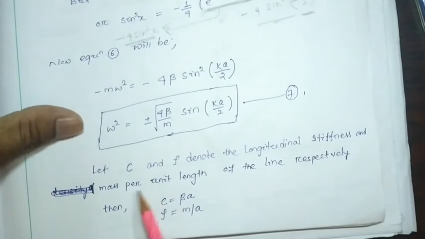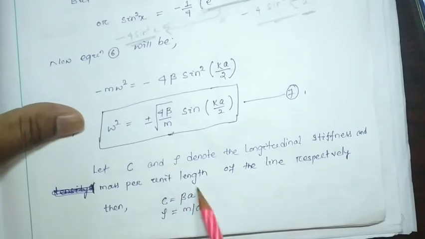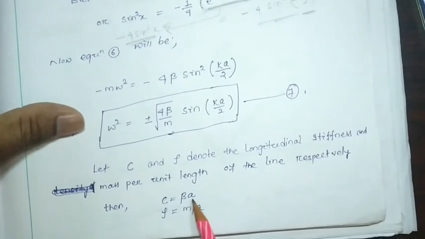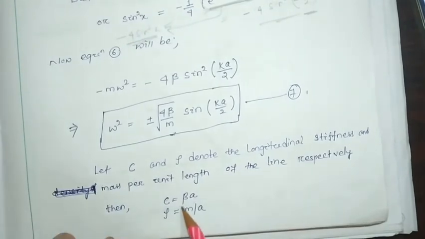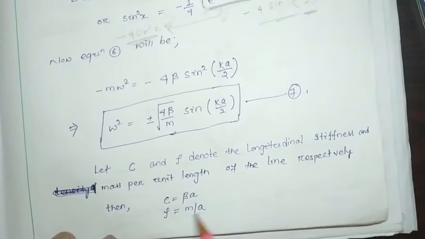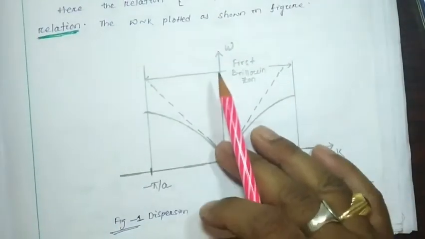Then the stiffness C will be the spring constant times the interatomic distance, and the density, the so-called mass per unit length, will be m by a. It can be noticed that a line of length a contains a massless spring and an atom of mass m. Therefore equation number 7 becomes: